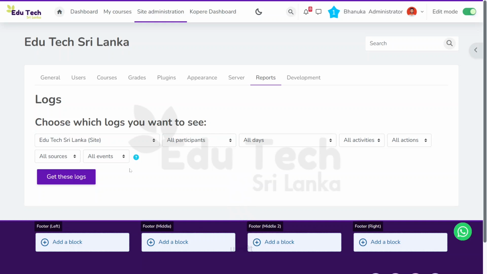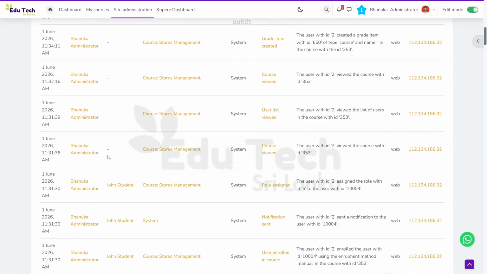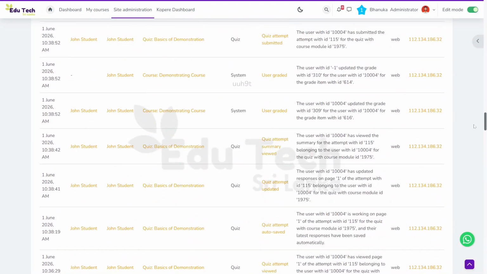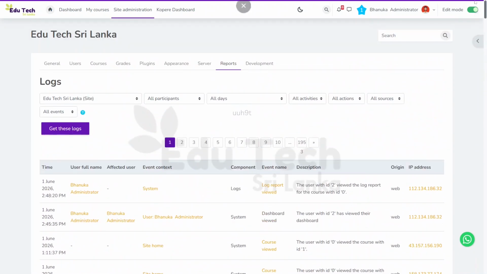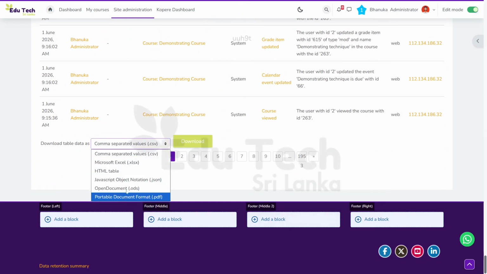Since Moodle was implemented, it has been collecting logs. Let me click on this button, and then you will see the logs that have been saved. You can see all the details have been recorded, and at the bottom there is an option to download these logs as well.